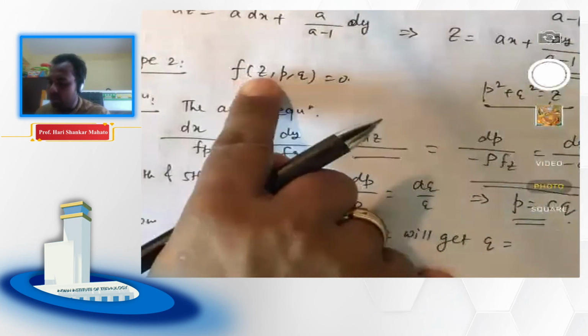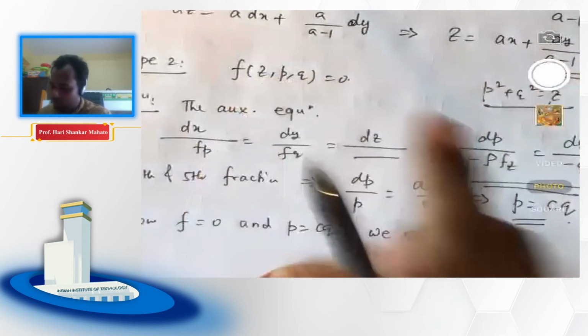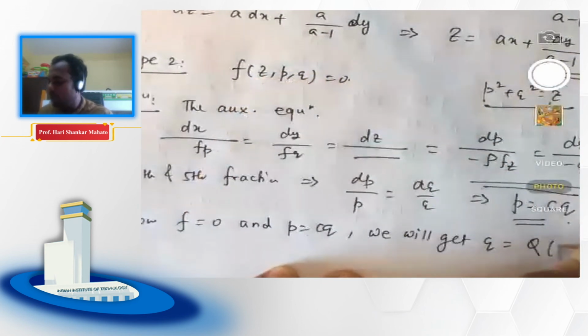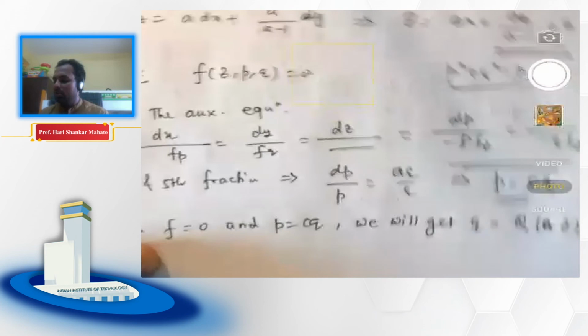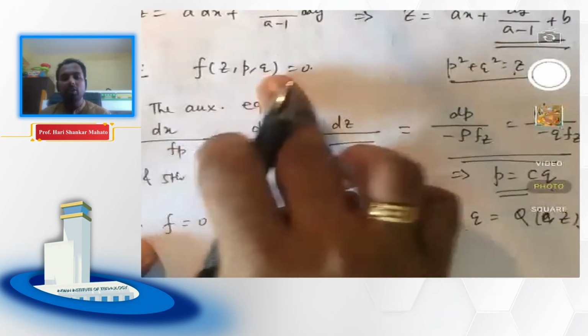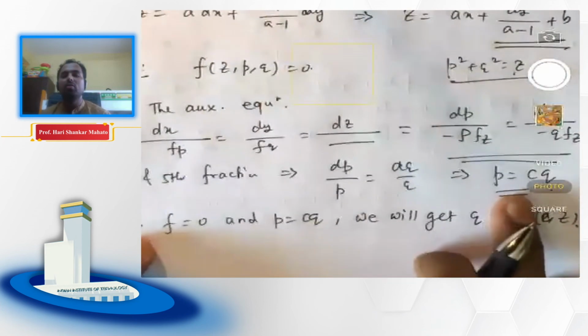So this one will become f of z, aq. So that means I will obtain q is equal to some function of c and z, because c is that arbitrary constant. So if you see an equation of this type, you directly choose p equals cq. One example we are going to have a look at. So one possible example is,